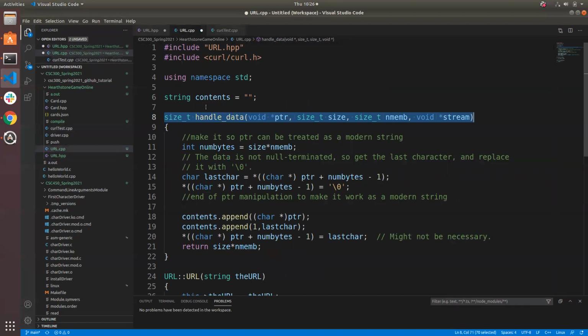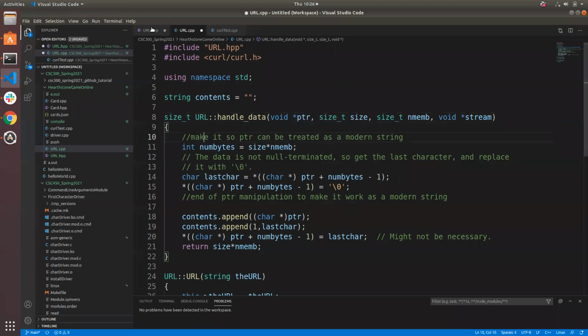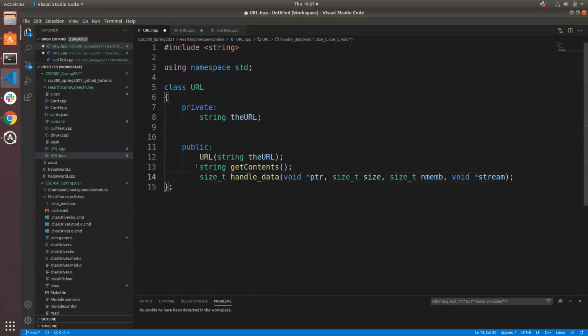So let's go back in here. So now we're going to go ahead and write this appropriately. We should write this guy as URL:: like that. It's part of the class. Now, what we might need to do, we'll have to see how the connection ends up working, but we might go in here, we might actually move this outside of the class and prototype it outside of the class, which would mean that we're no longer saying this guy belongs to the class. It's just a function that needs to get called, and I needed to prototype it somewhere, or I should prototype